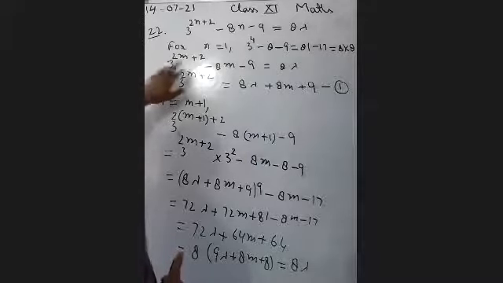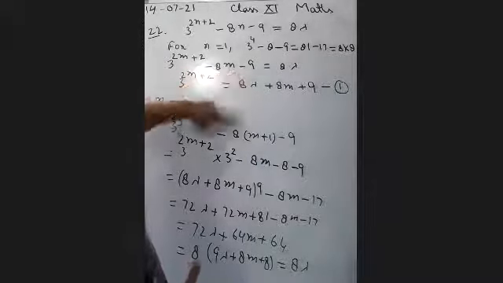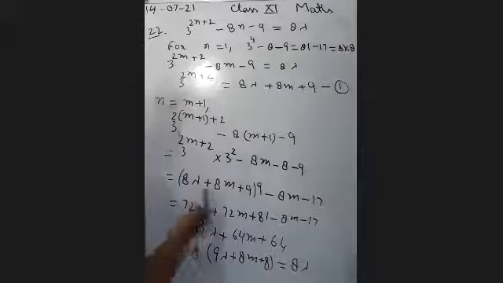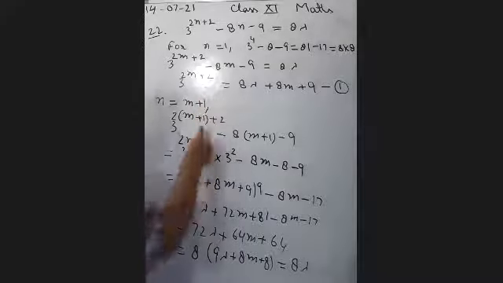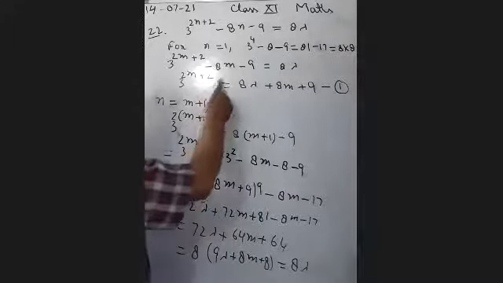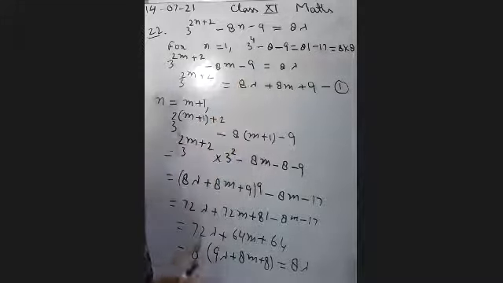The method was the same, but we have shifted these two terms because we have to use this relation. We have to put the value of this. So for putting this value, we have shifted these two terms to the right hand side. This is the different thing which we had not done earlier up to question number 19. From the 20th question, we did it in the same manner. Yesterday, I did these questions 20 and 21 in the same way, ठीक है। So there should not be any problem.